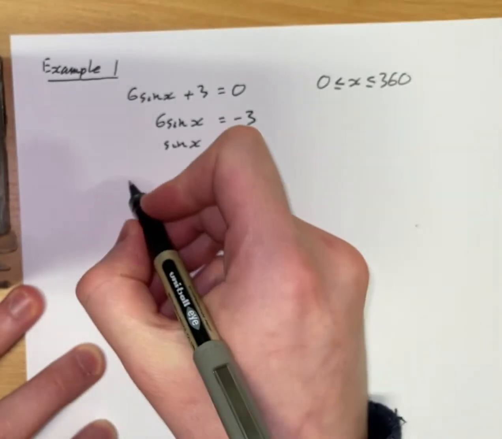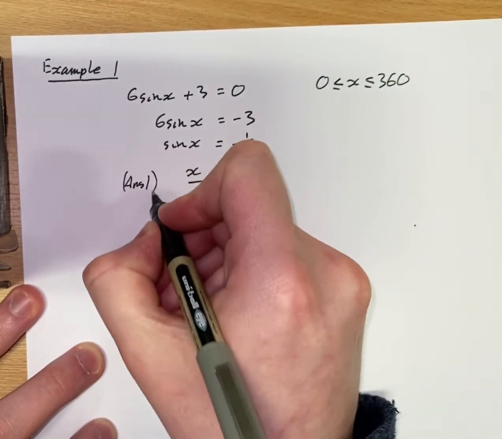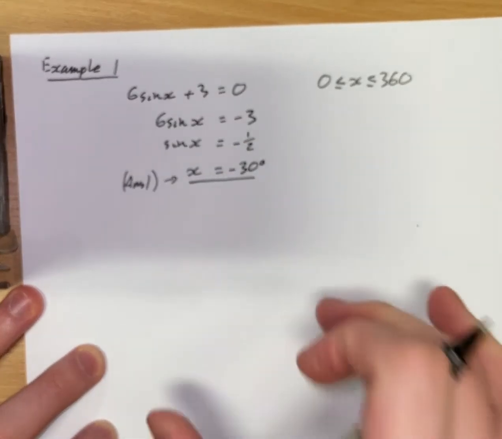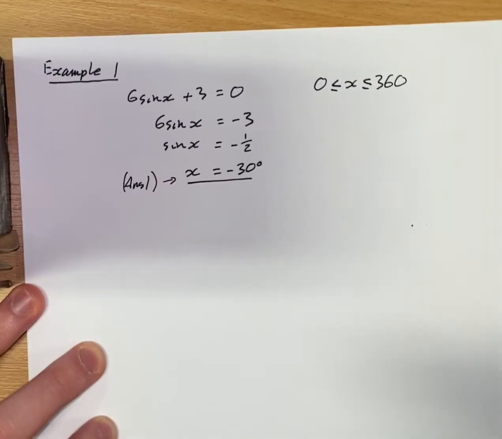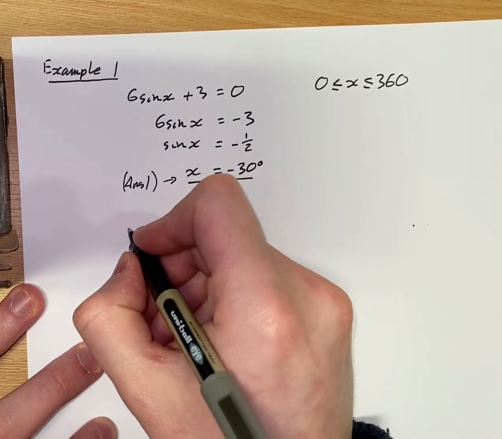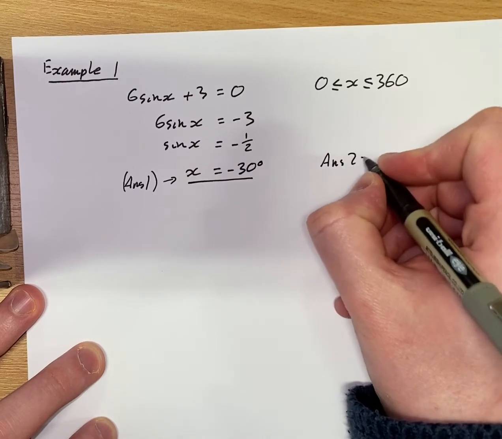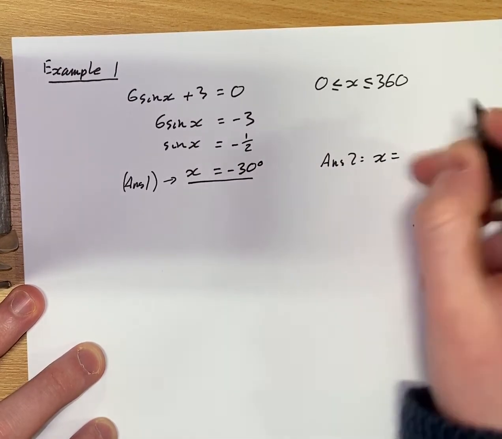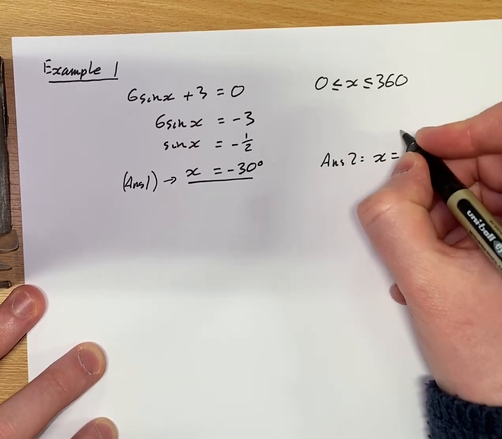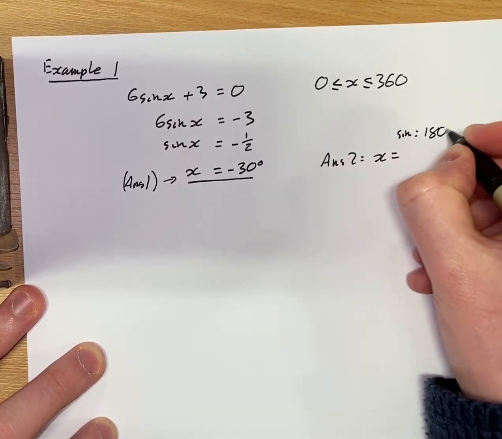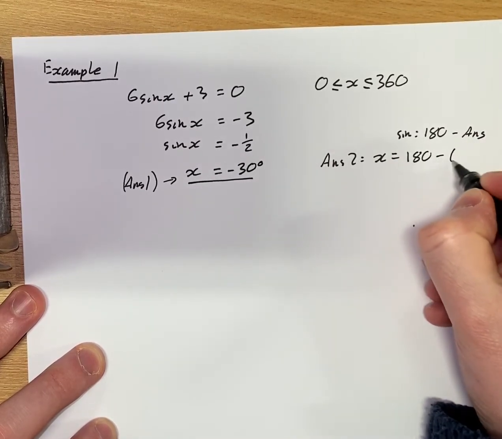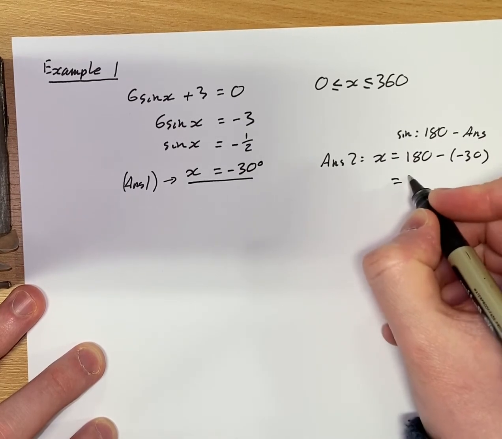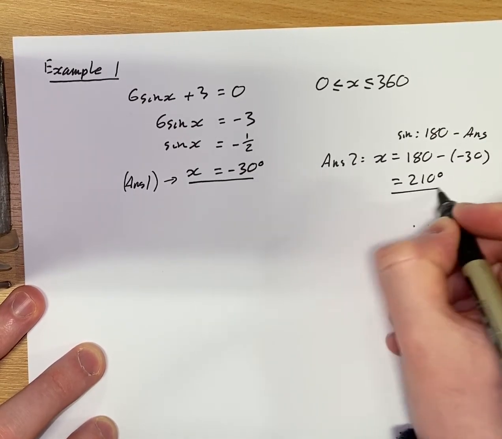So we're still going to call this answer 1, and we're going to use that to find answer 2 as we did before, and then we're going to turn that into its positive equivalent. So to find answer 2, we're still going to do our sine, so 180 minus answer. This is where that answer key in your calculator is going to come in handy, because that takes care of that negative 30 for you